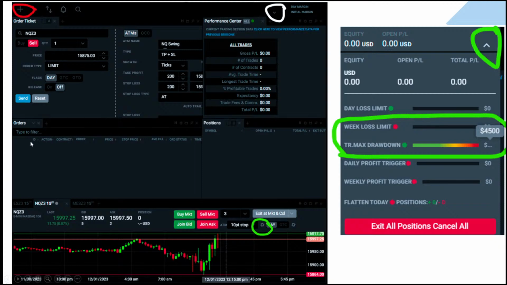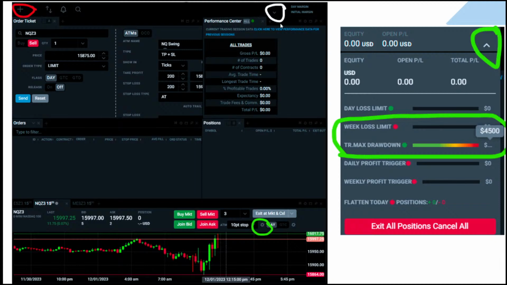But what I have on here is basically action shows buy and sell. It tells you what you're in, whether you're in NQ or ES, the order, and all that stuff right there. Then it tells you your fill, order status. This is a big one right here. If you have stop losses and take profits set, when you have your order set, it'll show, let's say a buy NQ at 16,000. Then it'll have 2 cells right here and it'll show working. Those working orders are your stop loss and your take profit. This green circle we'll talk about on the next screen.